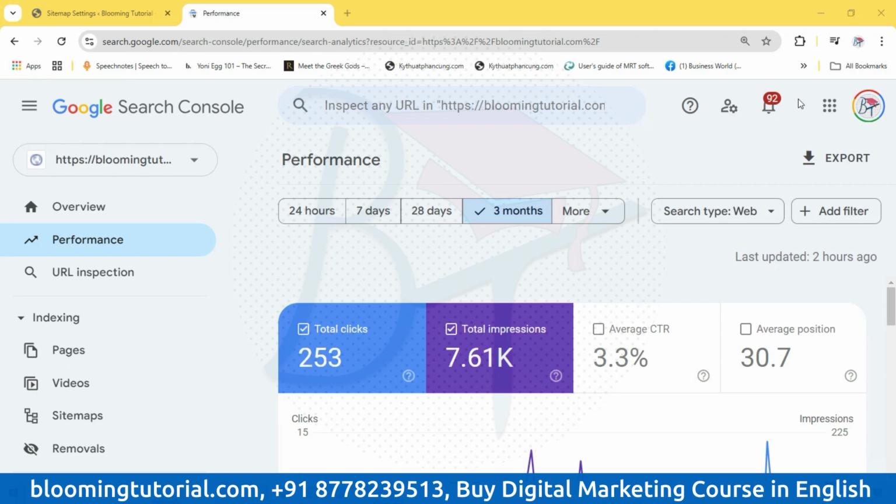Let us see what a sitemap is. The name itself tells you a sitemap is a map of your website. Simply put, a sitemap acts as a blueprint of your website. It provides search engines like Google with a clear overview of all the pages on your site and how they